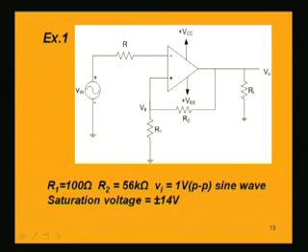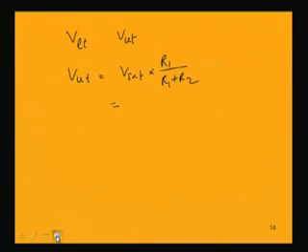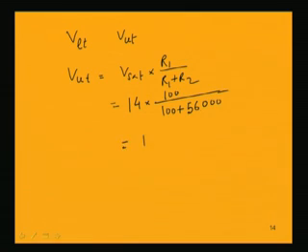So, positive 14 volt will be the V saturation, R1 is 100 and R2 is 56 K. So, 14 volt into 100 by 100 plus 56,000 ohms, that is equal to 100 by 56,100, and if we calculate this value, 14 by 561,